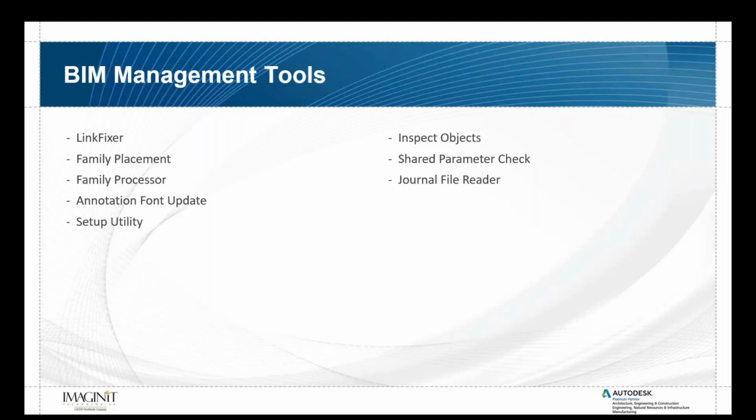For example, in this case, we've got the journal file reader. What that allows you to do is read a journal file from your Revit model, understanding where the errors are that you're having with your Revit model. This can also be used as Revit is running or offline. Your family placement allows you to take a standardized library of where your families are and load it into your Revit template or Revit project